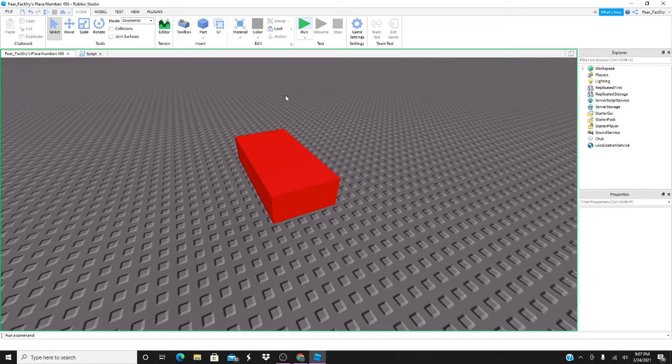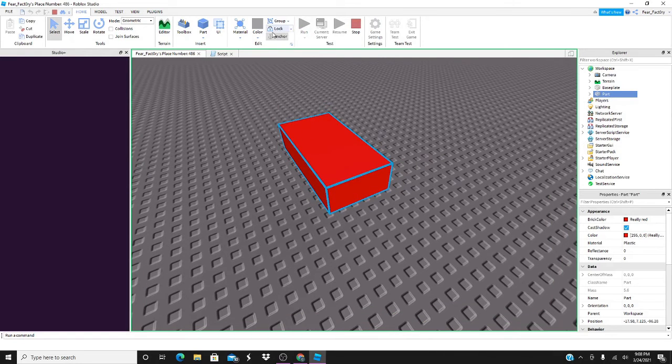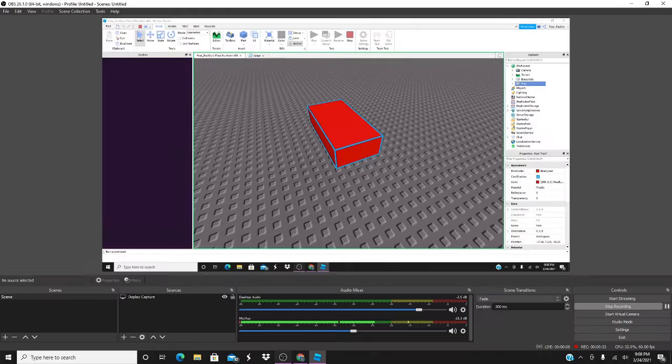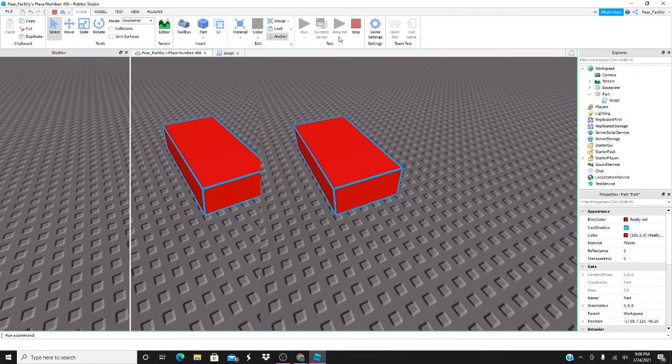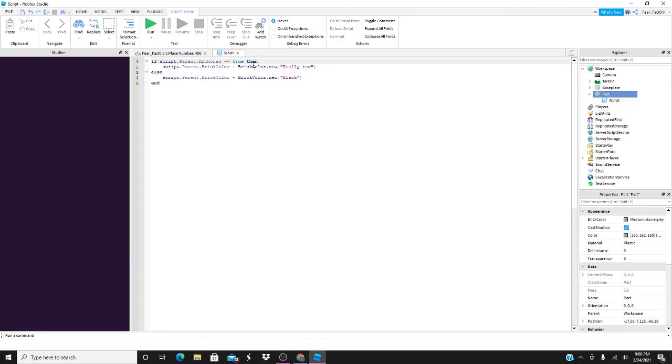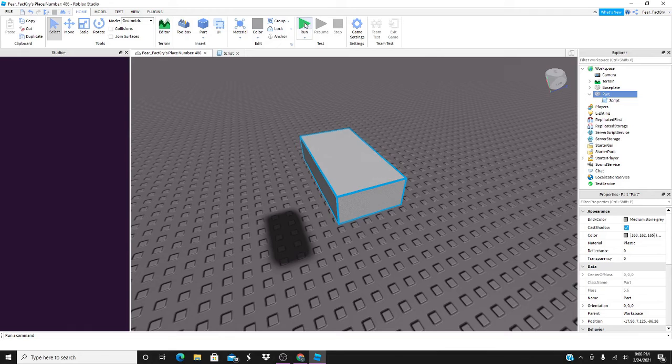Yeah, there we go. So basically, because it's anchored, right here it's anchored, it turned red. Now I'm gonna unanchor it, or actually, if it is equal to true, then I'm gonna try to do something. If script.parent.anchored is equal to true,